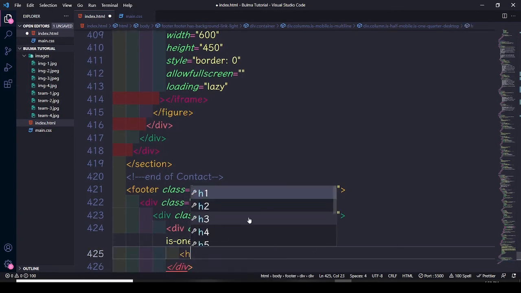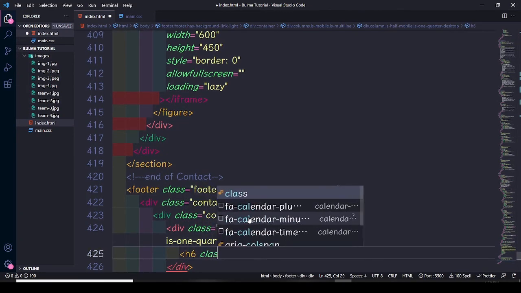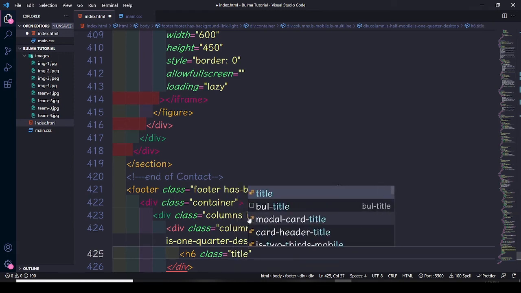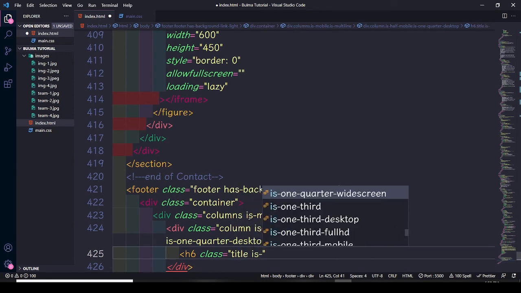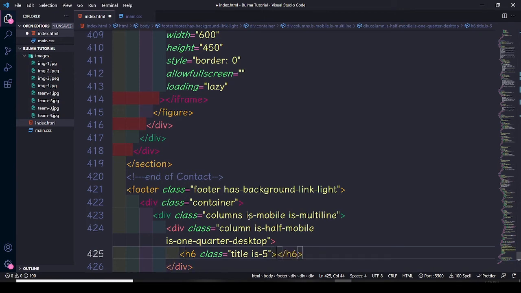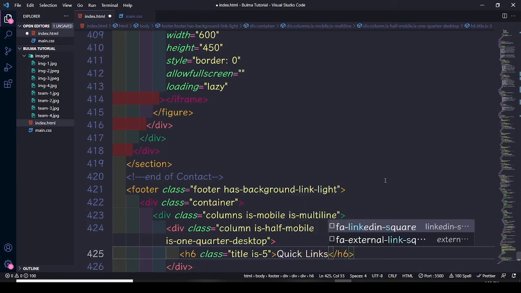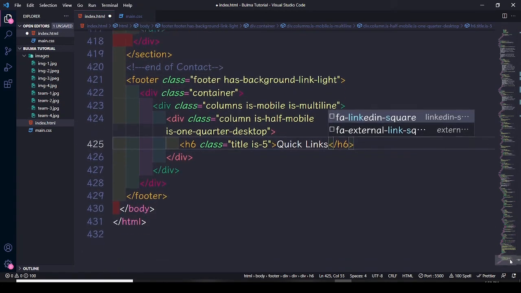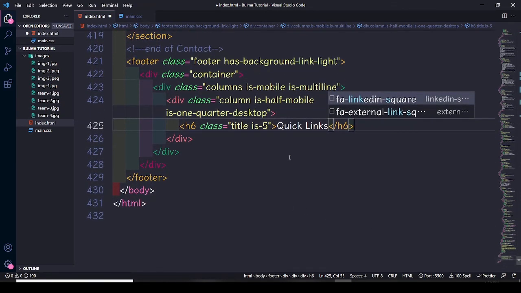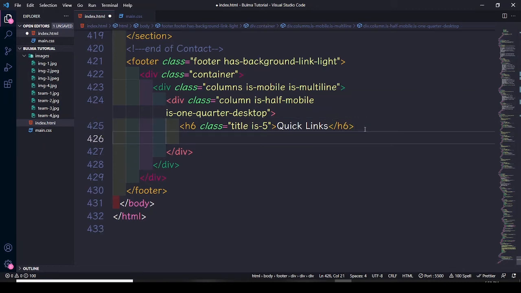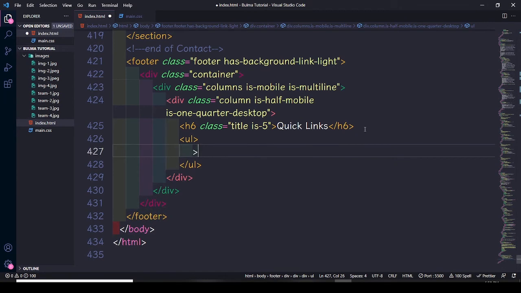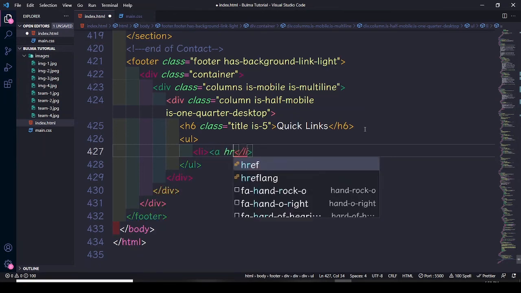Then we need heading 6 and a class, and it's going to be title is 5. Let's say quick links, move down, and here let's use an unordered list and some list items. So let's add a link here,